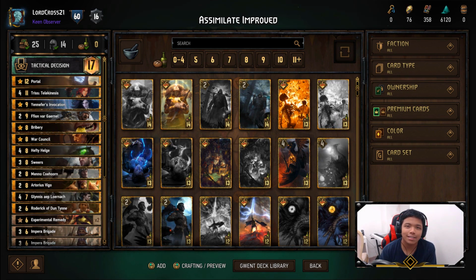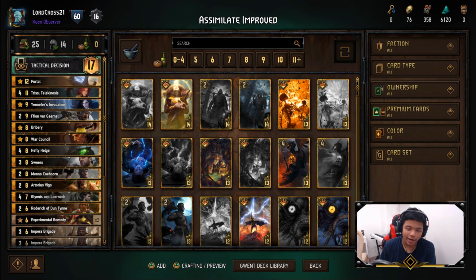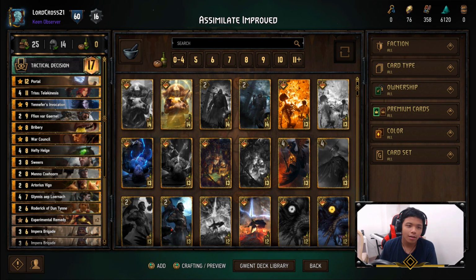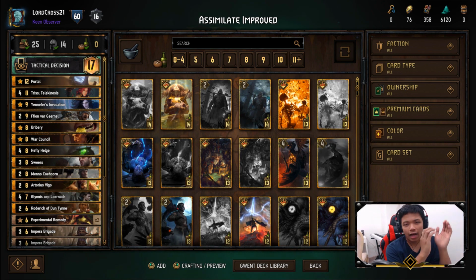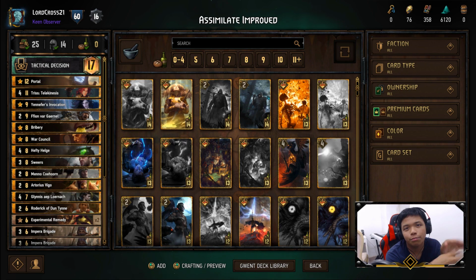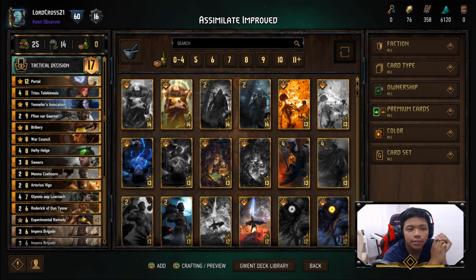But anyway, this is the updated version of Assimilate that I made. I was trying out different decks today, and unfortunately I didn't even get to play Greedfall today. Usually I play that every day, but I only got like an hour to play that game today, which is unfortunate, but that's okay. So I went ahead and tried to make an updated post-patch version of Assimilate, and